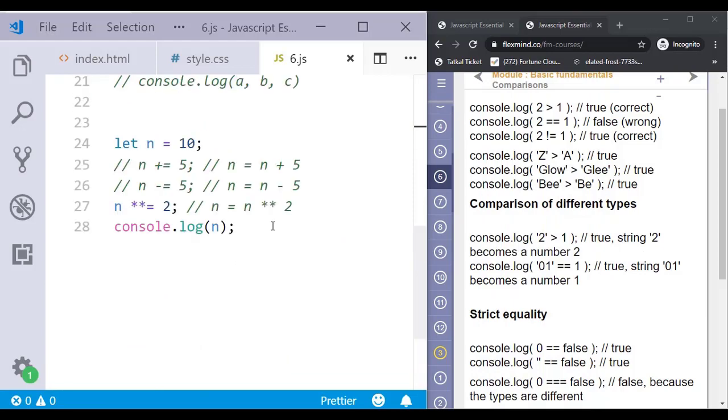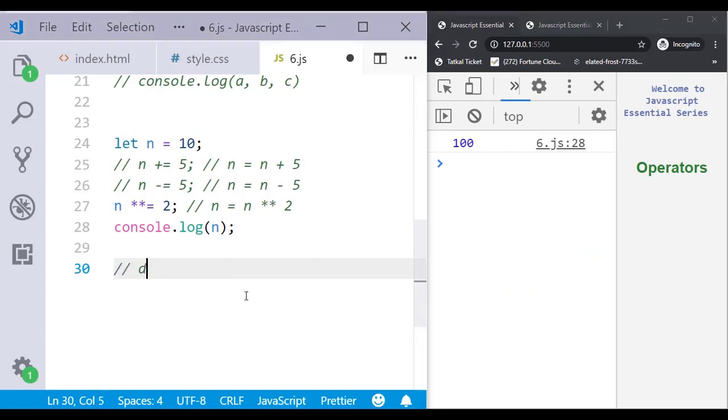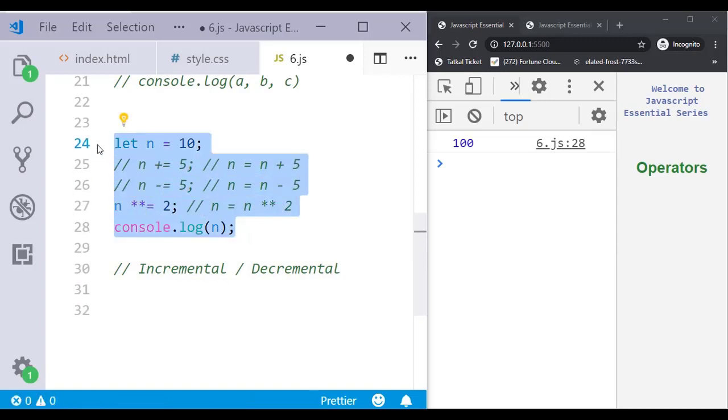Okay guys, we have missed one thing, so we are going to explain one more operator, that is the incremental or decremental. So what it does, same again I will take some other example.